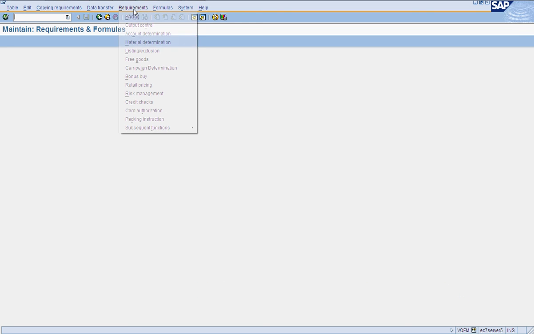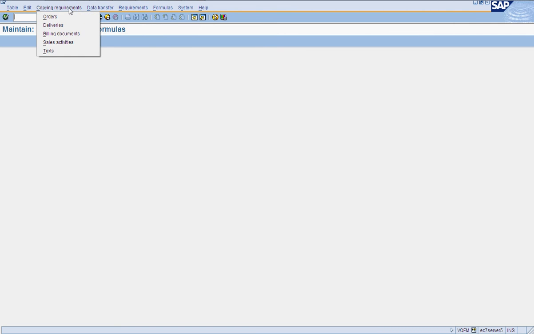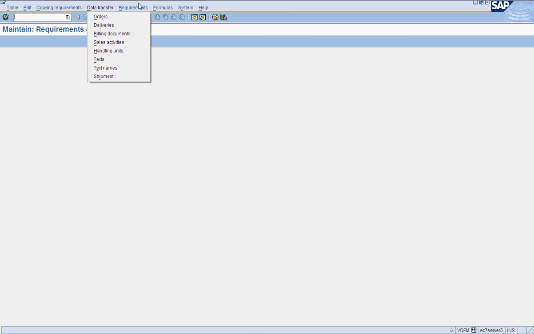See, herein you can define requirements for pricing, output, account determination, material determination, all the requirements wherever are used. This is a universal transaction to determine, maintain those requirements. And similarly for data transfer routines, copying control, everything is defined in VOFM.